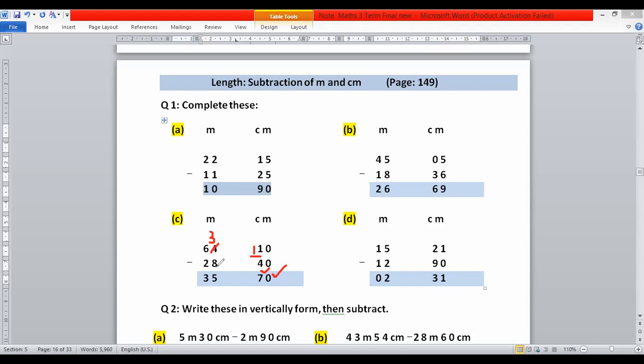And after that subtract meters. In meter, first digits are 8 and 3. Upper number is 3. Therefore, first of all, you take 1, carry from next digit. Next digit is 5. Take 1 and replace 6 by 5. And after that add 10 with 3. 10 plus 3, 13. Now 13 minus 8, that is 5, and 5 minus 2, that is equal to 3.